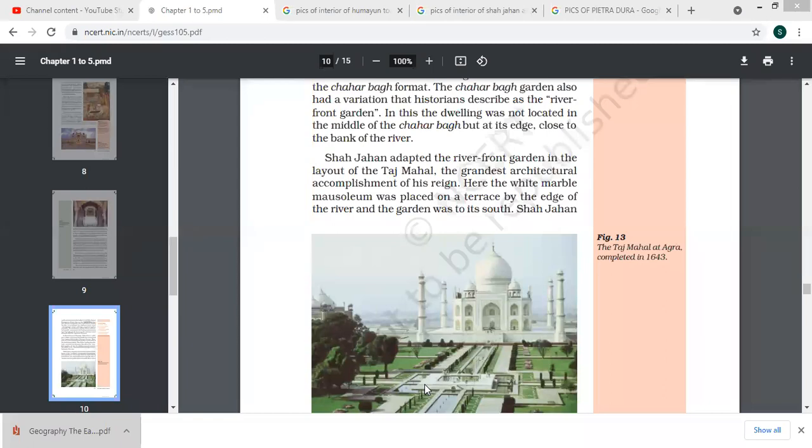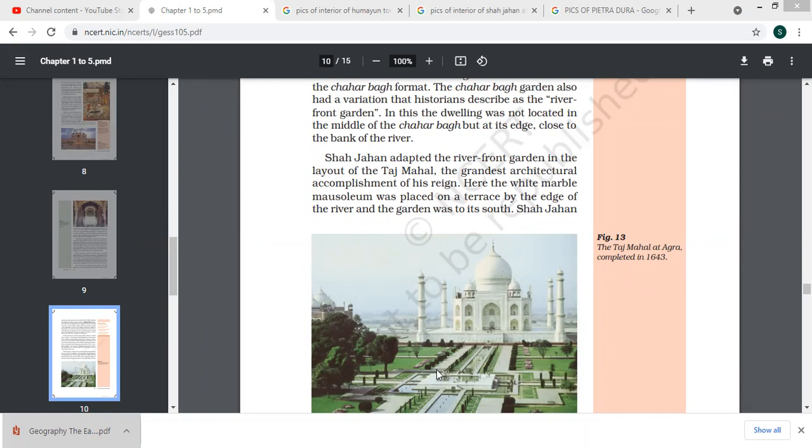Shah Jahan developed the architectural form as a means to control access, and nobles had to be near the river. Shah Jahan also built a new city, Shahjahanabad, in Delhi. In this city, the imperial palaces commanded the riverfront.